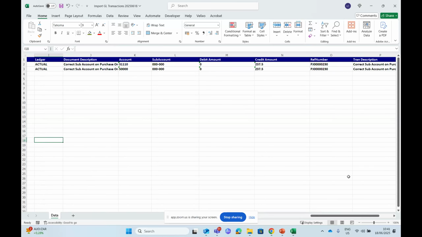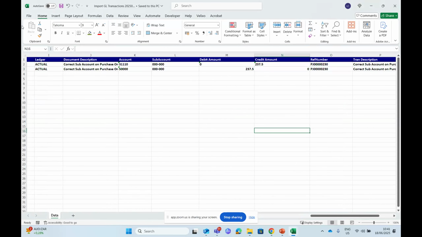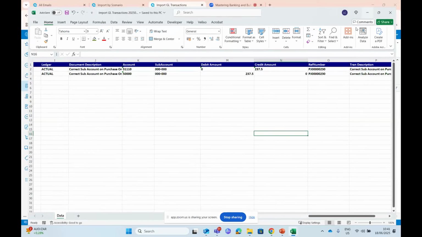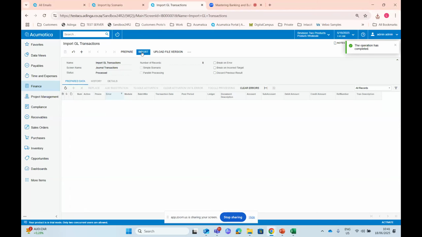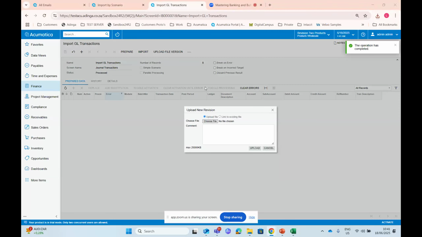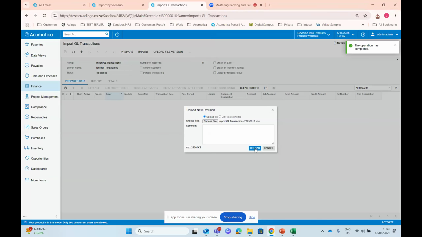And then I can go in and fix my errors, save it and upload it again. Okay. So I've got an option here to fix it on the screen and import. It goes through, or I can upload it and then I only upload those errors that I've fixed.